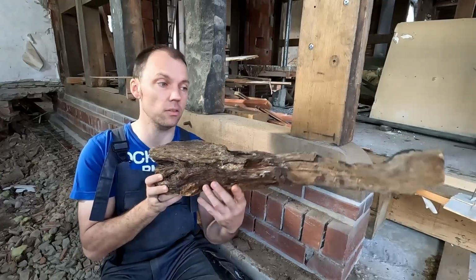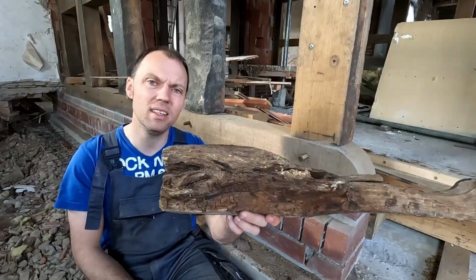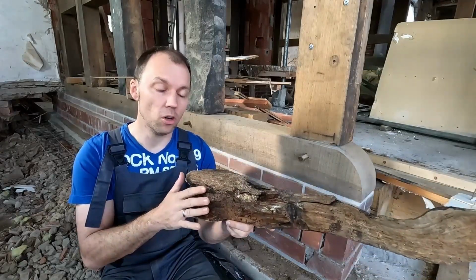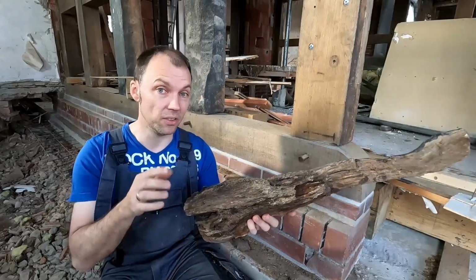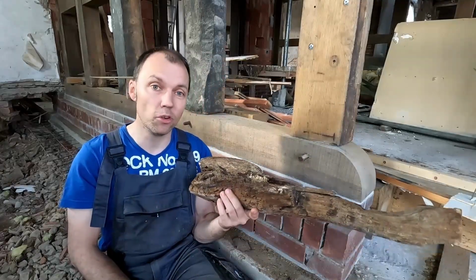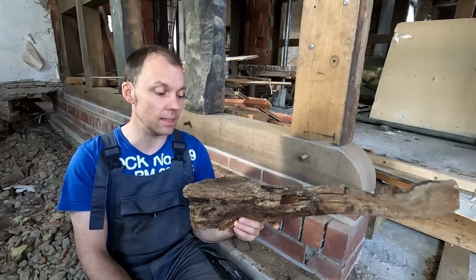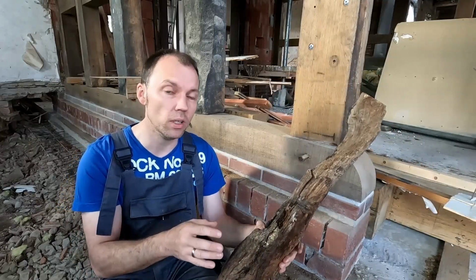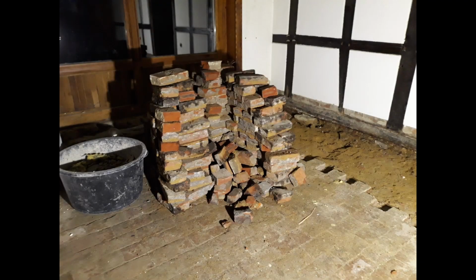So this is some part of the oak beam we replaced here already, and as you may see, there is nothing much left of it. And this is the result of the wrong restoration 40 years ago. So we can say 50 years ago this may have looked like this one here, more or less in good shape. And then 40 years of wet, and then the ants, as you just saw, this is the result. And this is why it is really necessary to be absolutely aware of what you are doing if you are restoring a half-timbered house. So it should therefore be clear that the sill beams need to be replaced, and